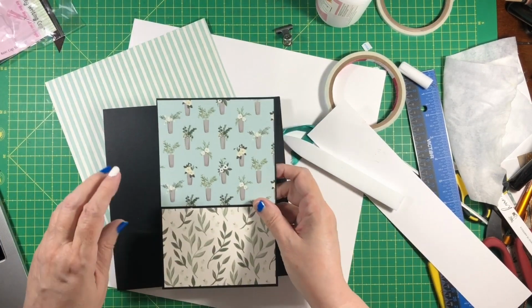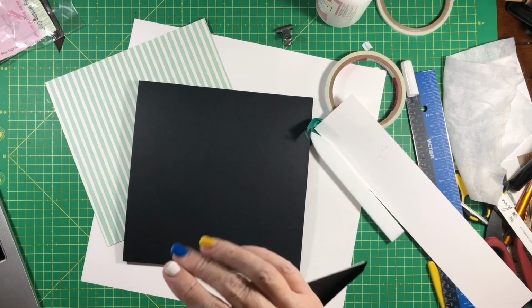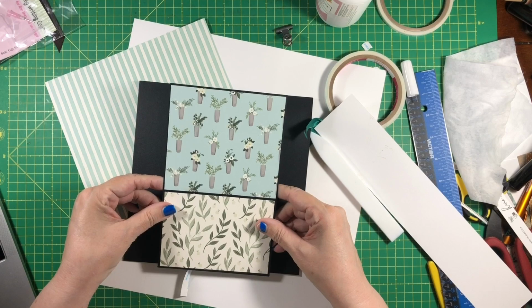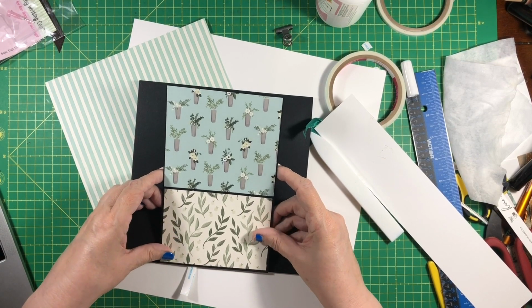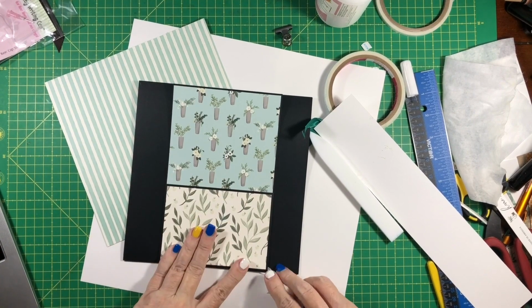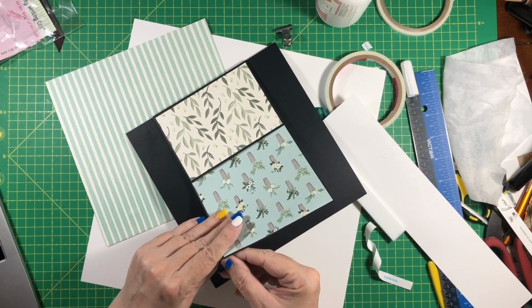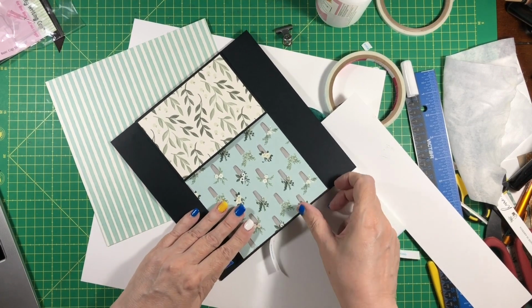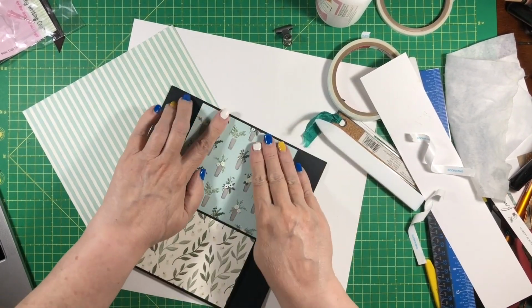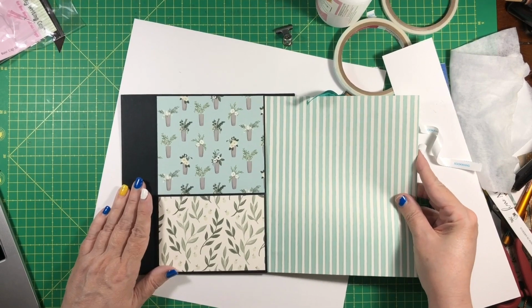Right, now this is going to be centered on this page. So put the bottom one on first. And I am not measuring, I am eyeballing. You can, of course, measure this if you want. There we go. And then we have this wonderful stripe. Now, if you want to save paper, you don't have to use a whole sheet like I'm using. However,